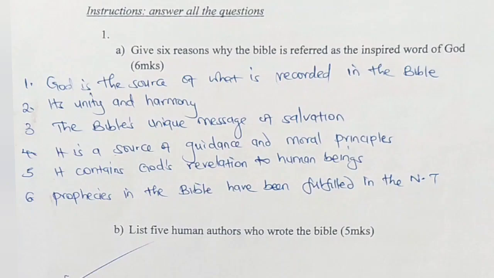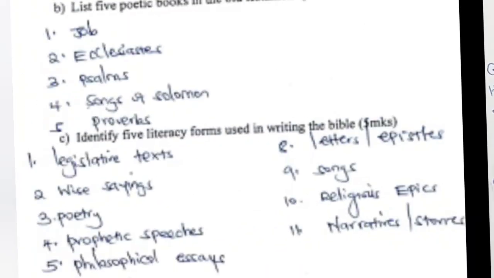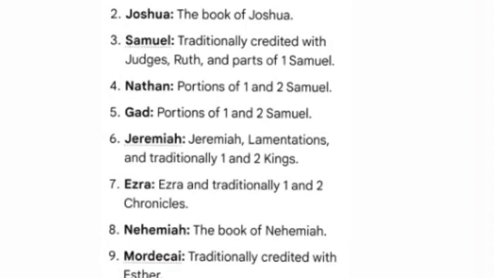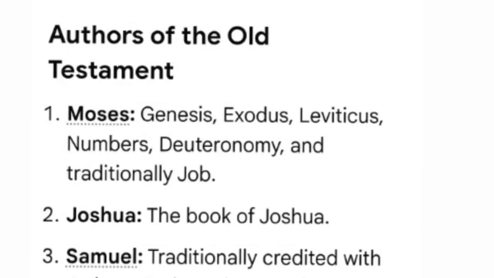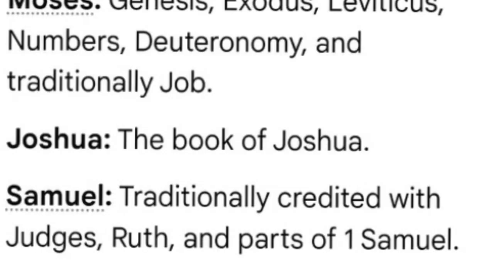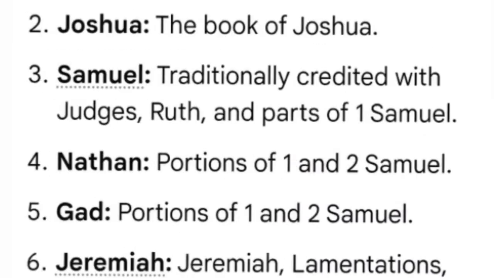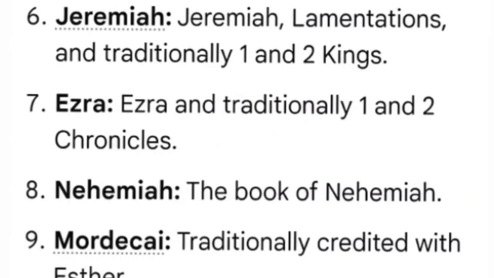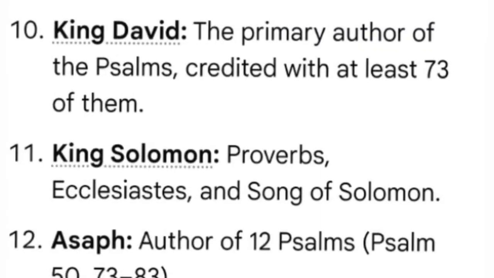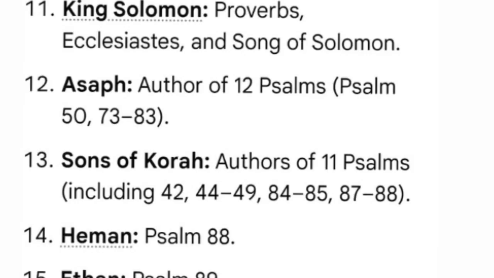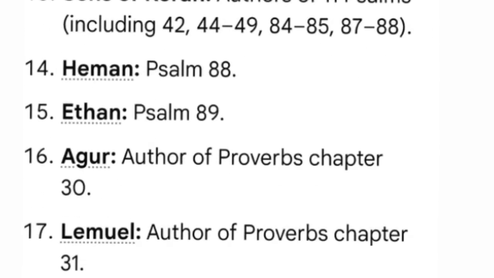1b, list 5 authors who wrote the Bible. We have so many authors who wrote the Bible. Human authors are 40. So we have Moses, who wrote Genesis, Exodus, Leviticus, Numbers, Deuteronomy. We have Joshua, Samuel, Nathan, Gad, Jeremiah, Ezra, Nehemiah, Mordecai, King David, King Solomon, Asaph, sons of Korah, Heman, Ethan,